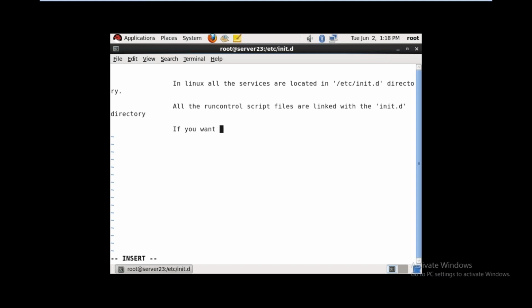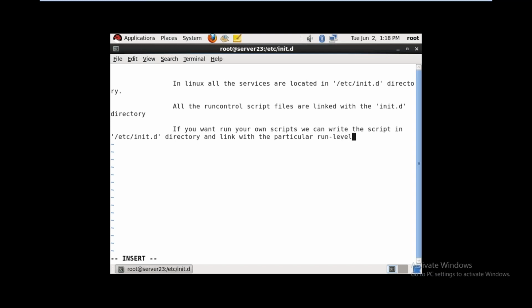If you want to run your own scripts, we can write the script in the /etc/init.d directory and link it with the particular run level.